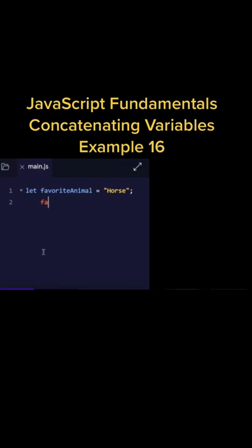Okay, so what I'm going to do now is show you two ways. There's string concatenation and then there's string interpolation. String concatenation is when you add a variable to a string, or let's say a paragraph that is a string, and you add that to the variable, then you get string concatenation. The other method is string interpolation, which is when you use template literals and then a $ and curly braces for